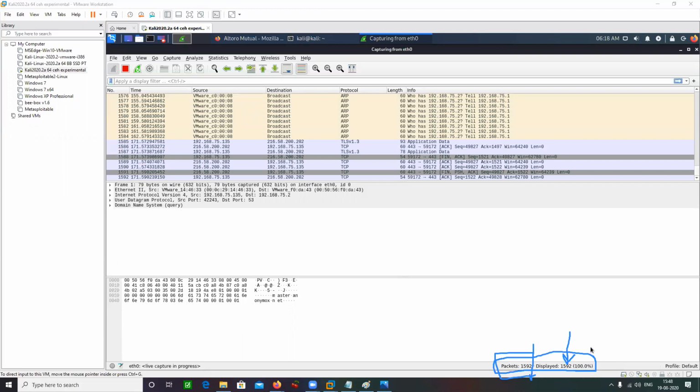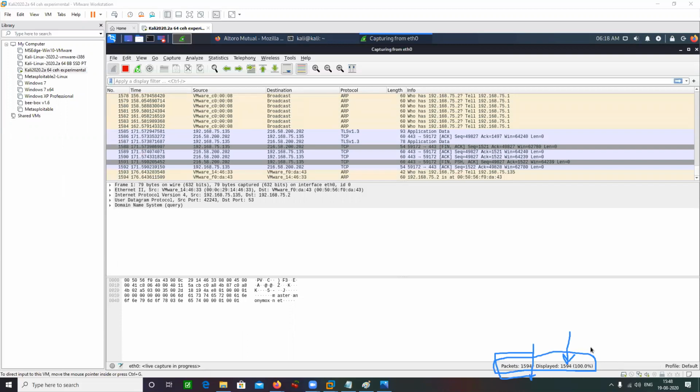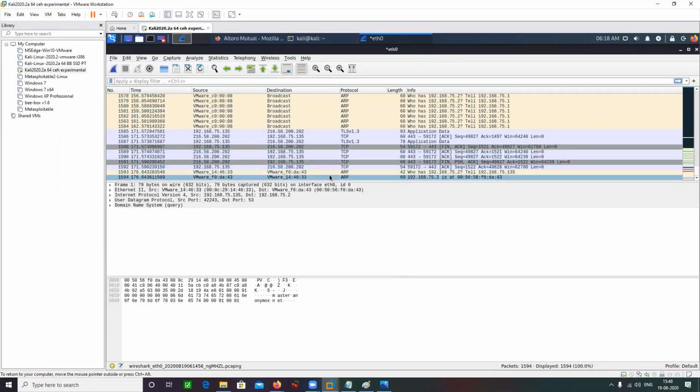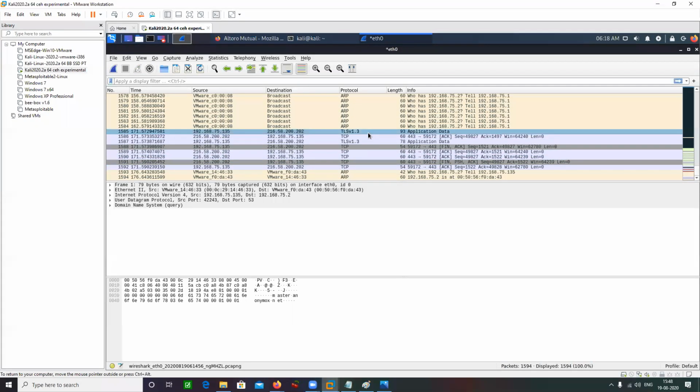That is basically telling me how many packets are being displayed currently on the screen. So first of all, let me stop the packet capture. How can I stop the packet capture? By clicking on this red button. Let's click on this red button and you can see that it is going to stop the packet capture.